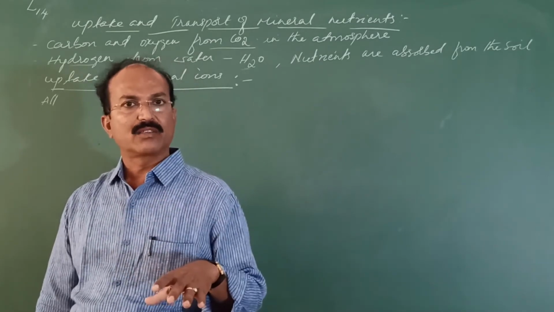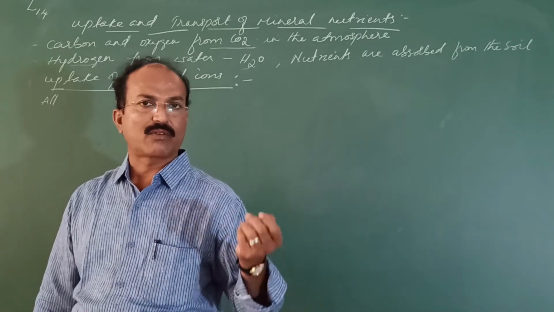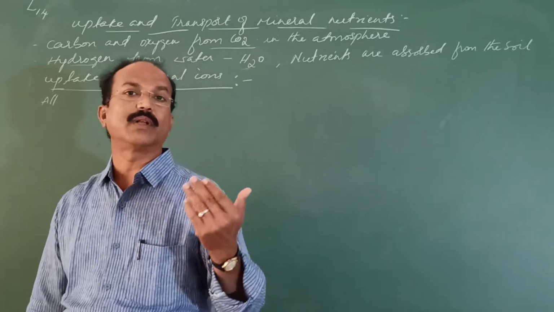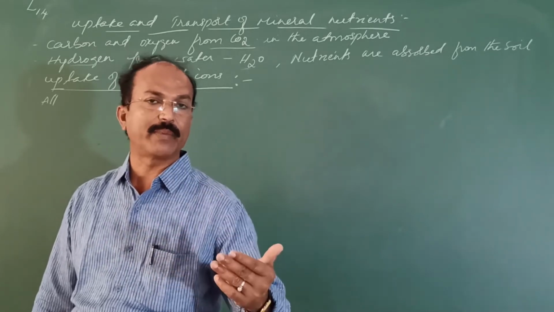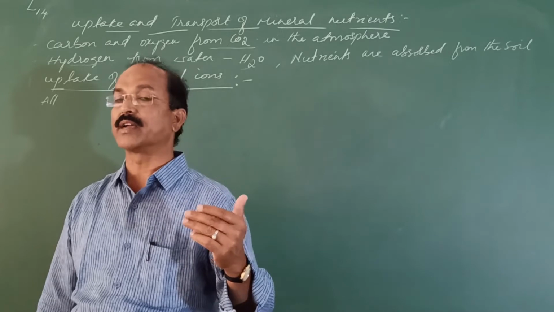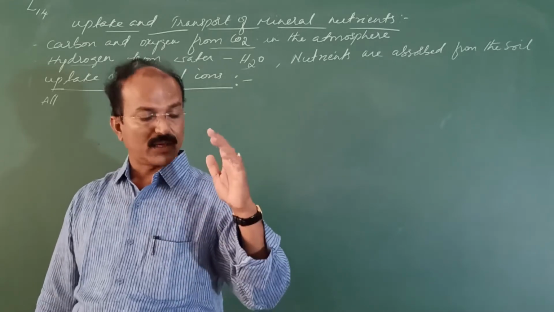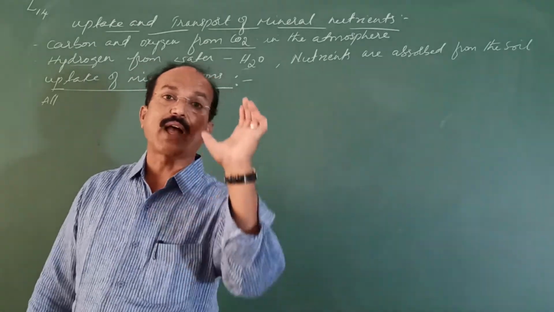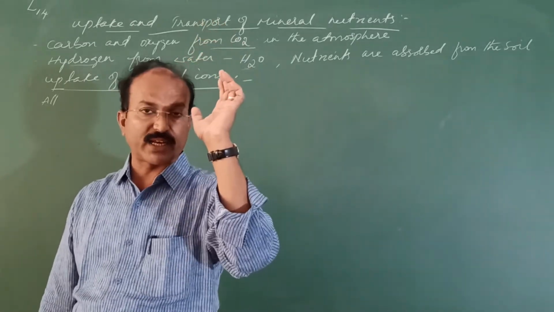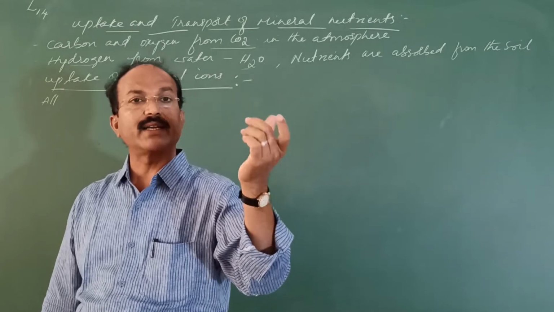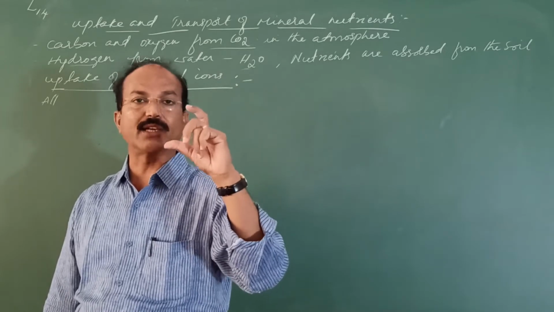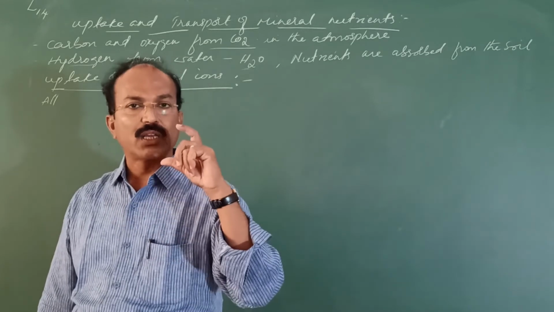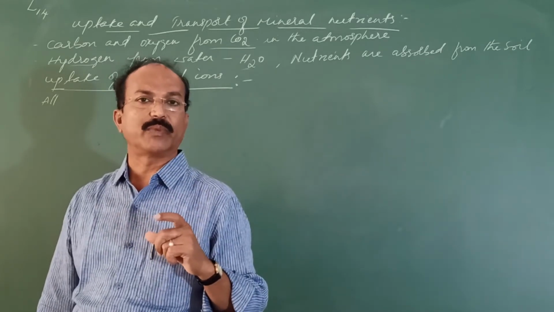Why? Because the soil consists of fewer mineral ions when compared to the root epidermal cell. The cytoplasm of the root epidermal cell consists of more mineral ions. Even then, the mineral ion should move from lower concentration to higher concentration, in the opposite direction against the concentration gradient. Then there is an application of energy, that is, active transport is required for the transportation of these mineral ions